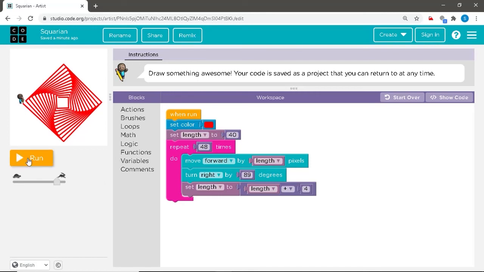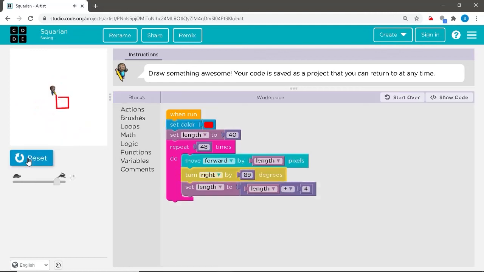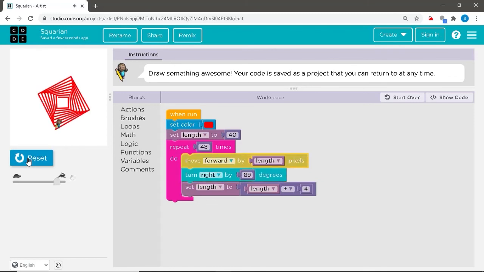So for this, we shall click on the run command in the visualizing section. As the artist runs, the commands being followed are highlighted in the worksheet.